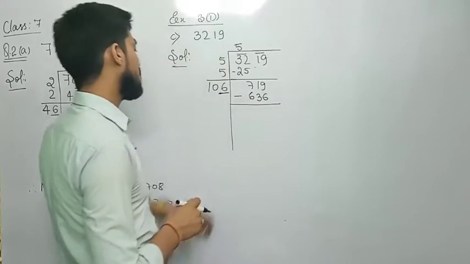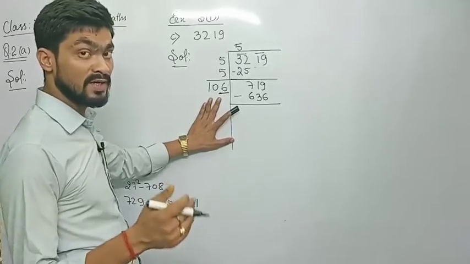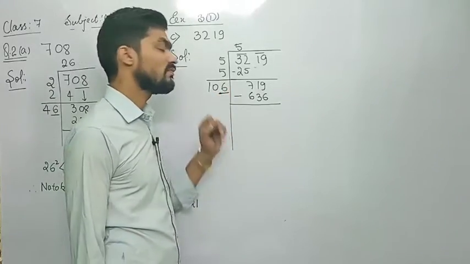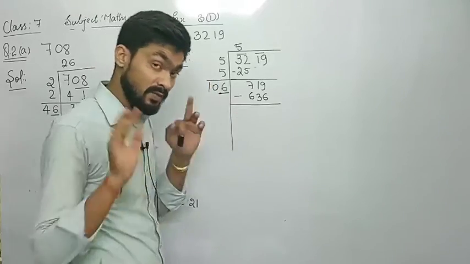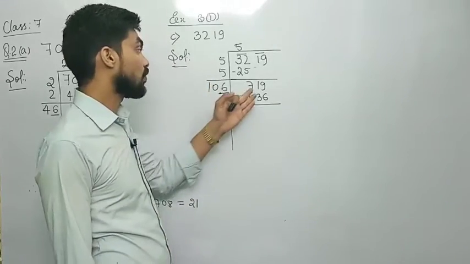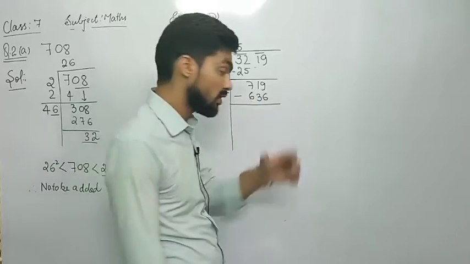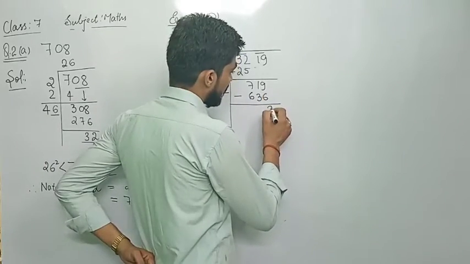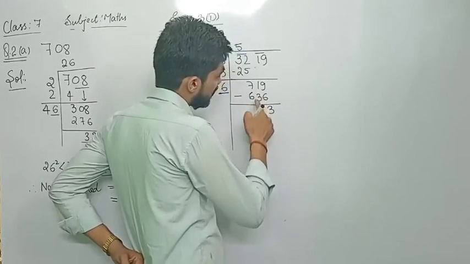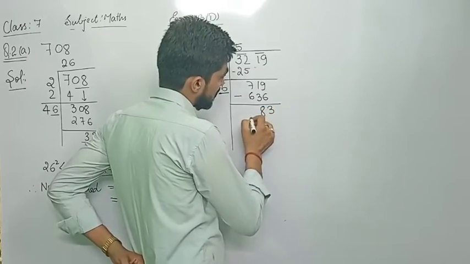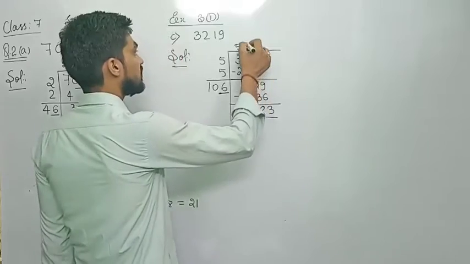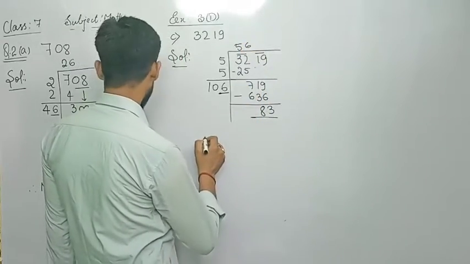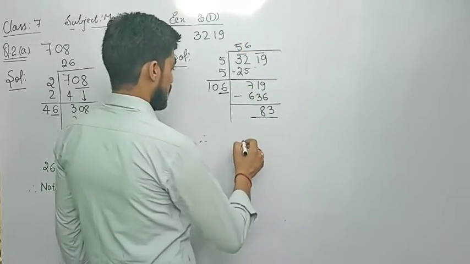How? If it is 100, no, it will become 100 something, whatever number you fill here. So if you take 7, so 107, 749. But you need a smaller number. Now subtract 9 minus 6, 3. Here 11 minus 3, 8. 83 is remaining. It means this number, then you will write, therefore this